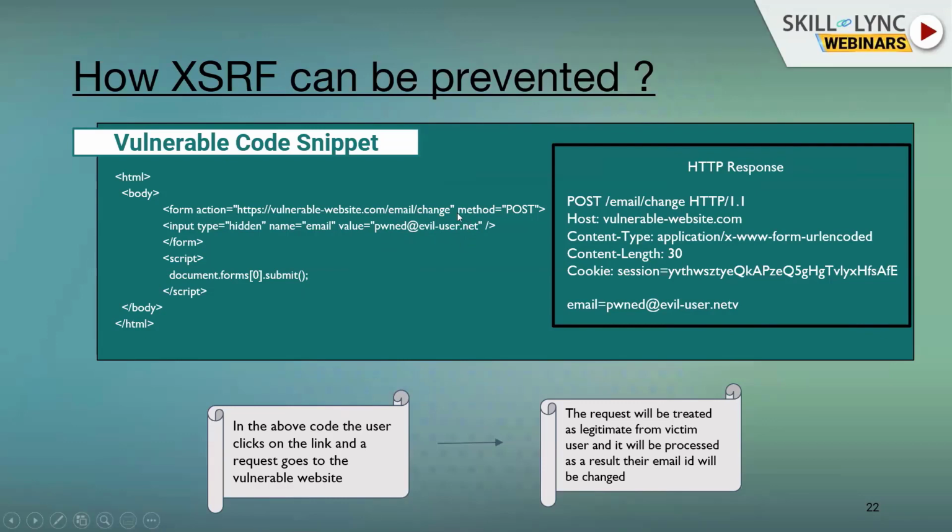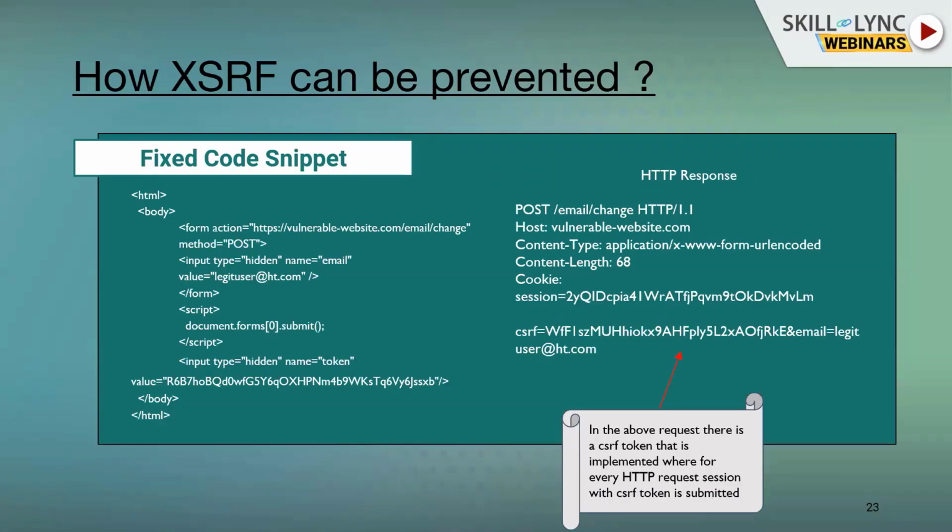In the typical HTTP response, when this is sent by the hacker, the email ID is changed from the legitimate user's email ID to the email ID of the hacker. Now, how can you prevent this?